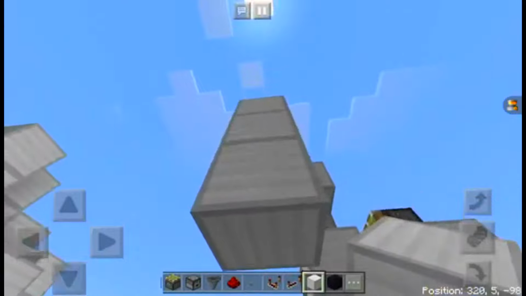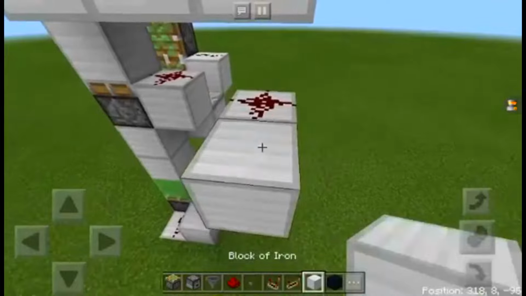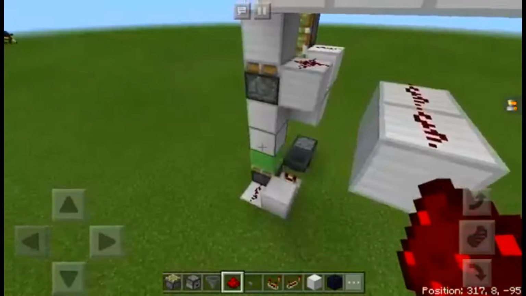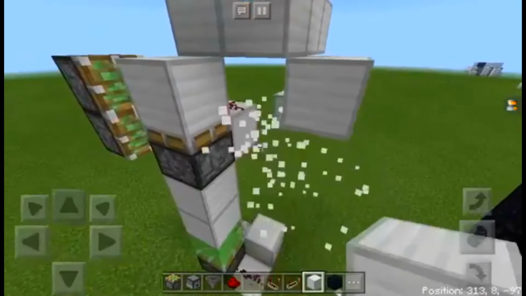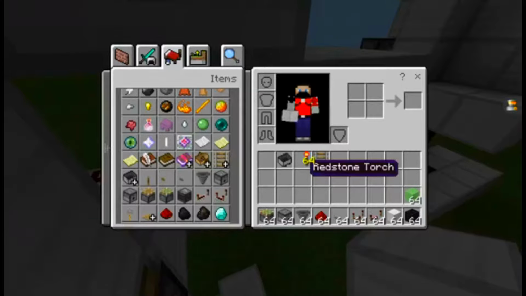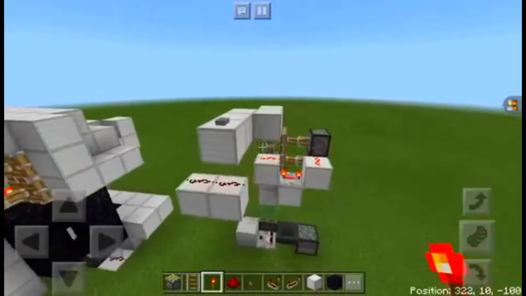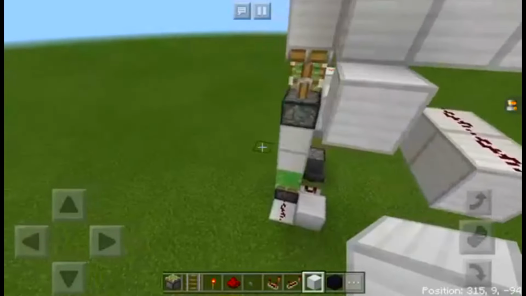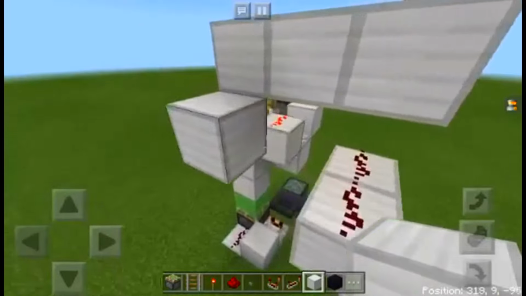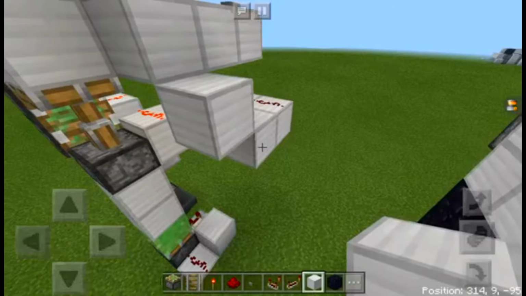Next, you're going to come down and place redstone dust right there. And redstone dust there. Next, you're going to want to place a redstone torch on the block right here. I don't need this stuff anymore. Okay. And it's going to extend that. Next, you're going to want to, I guess, place a repeater right there. And then,